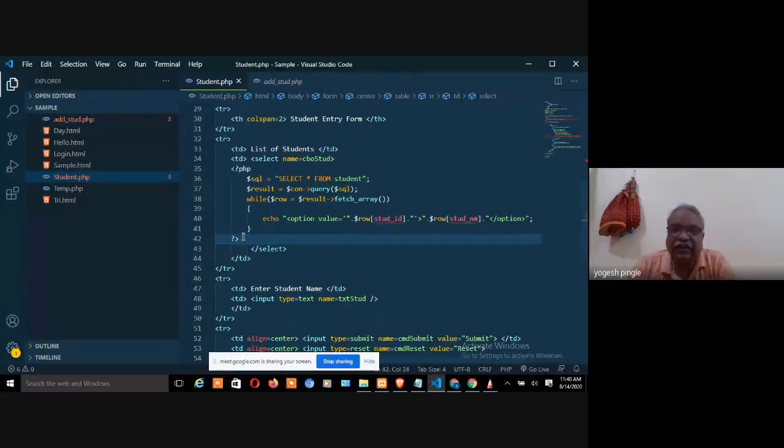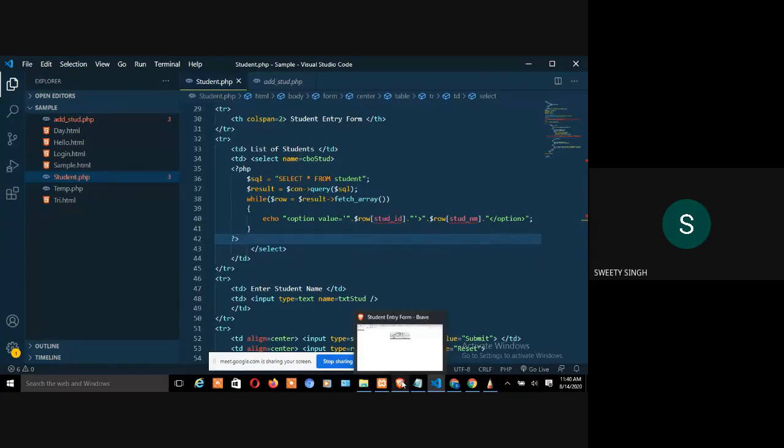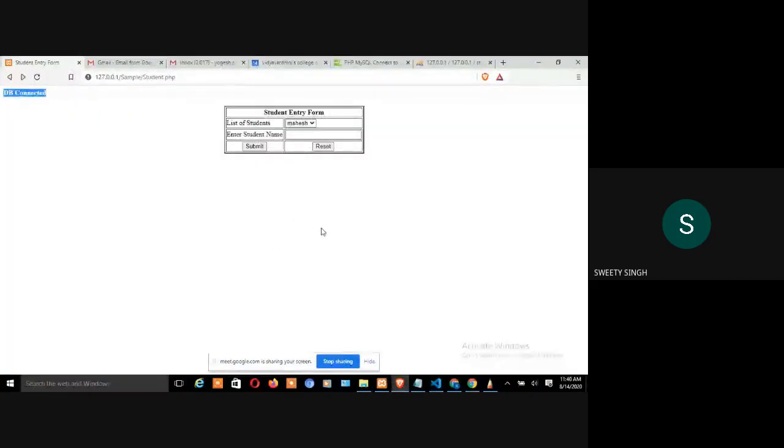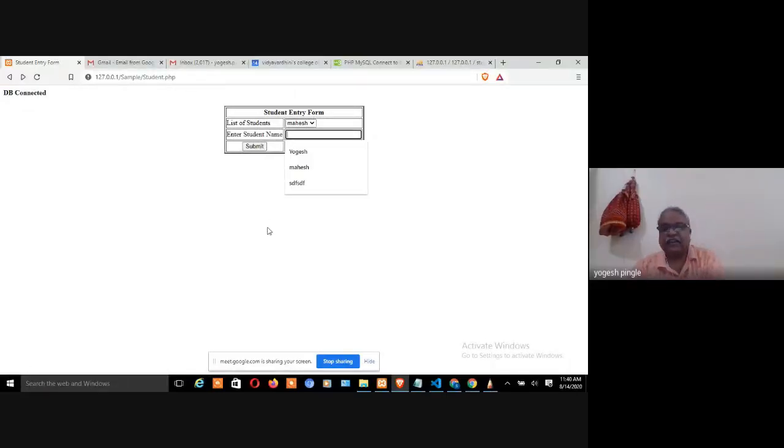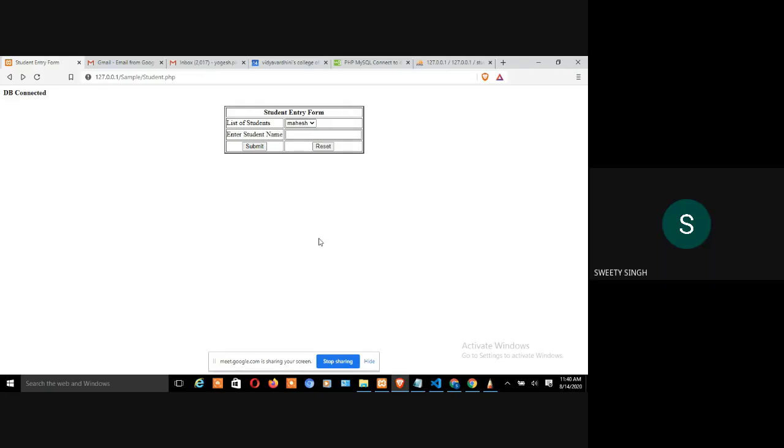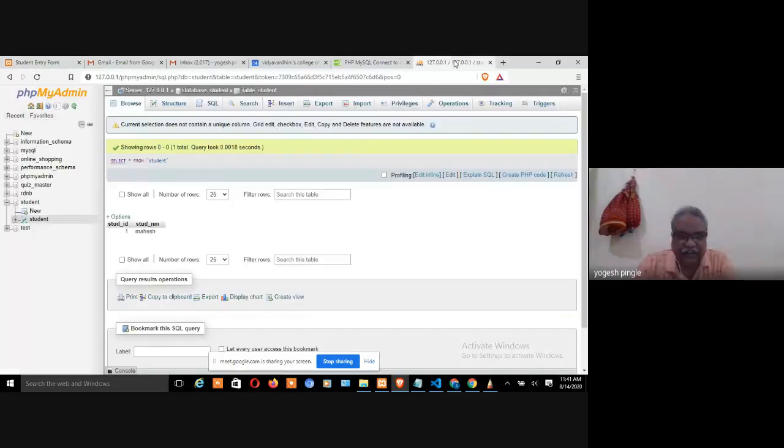Have you got the data on the front page? Sir, not the value, we have not inserted. Fine, we have not inserted. But have you loaded the form? Sir, there is no error showing, but whenever I enter the name, it's not submitting. Submission we will do as well, but the form should show, the database is connected and the form is visible. Yes, the form is coming, sir, like the Mahesh option is shown for you, but not for me. Because over here Mahesh is already there as a value, that is why it is coming.